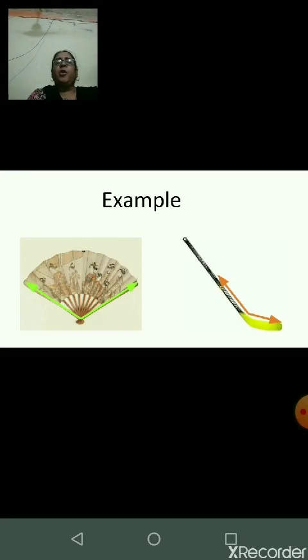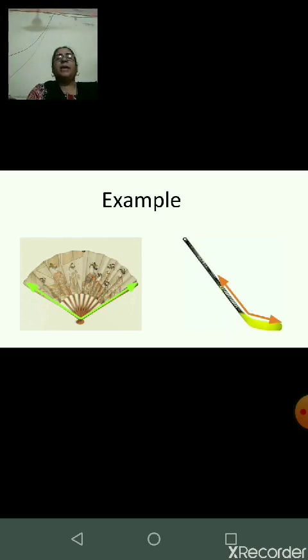Now in this picture, what do you see, children? First picture. Yes, it is the picture of a hand fan. Now if you observe the arrow marks, yes, you see, it is not a straight L. Neither are the hands coming very close. It is going far, isn't it? So which angle does it make?